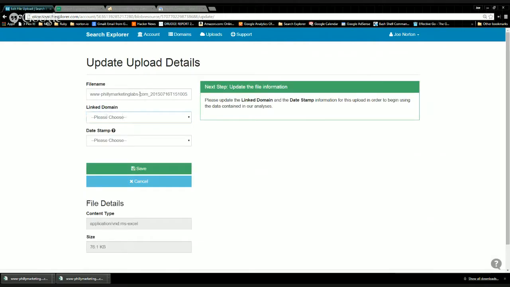So I clicked edit. We're going to go in here and set the domain real quick to PML. That's our only domain, so it's pretty easy. And like I was saying, a little trick in the naming conventions that Google Webmaster Tools uses is it sticks the time span at the very end. So that's kind of an easy way to know what month. So that was May. We'll save that